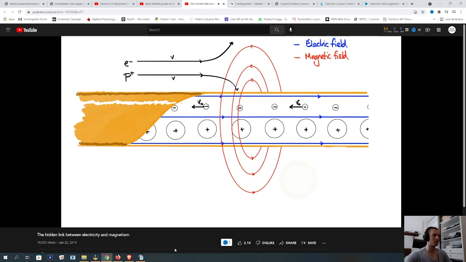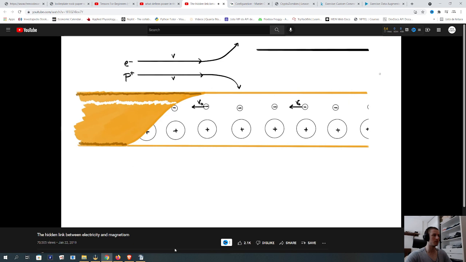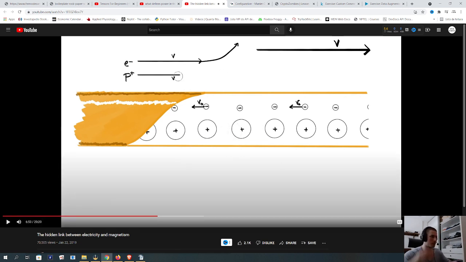And given that we can find our answer using special relativity, what's the first thing we're going to do? Well, we're going to transform ourselves into the frame of reference of the particle which is experiencing the force. That means that we're going to start moving so that we're alongside those particles moving outside the wire, and we're going to try and see what's happening from their perspective. So once we start moving at the speed v, which is the speed our proton and electron are moving at, well, they're